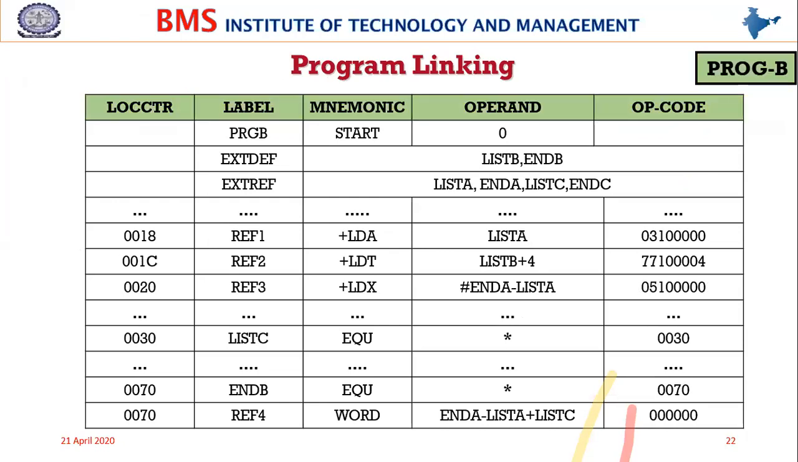Now see program B. The name of the program is program B, and the external definition says list B and end B, which are defined in this control section. Similarly, the external references are list A and end A, which are defined in program A, and list C and end C, which will be defined in program C. And ref1 is a format 4 instruction, LDA list A. This needs a modification record because list A is defined in